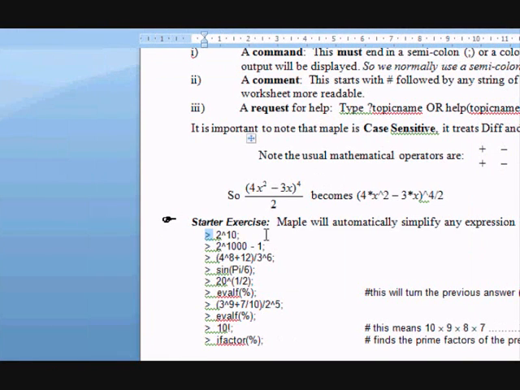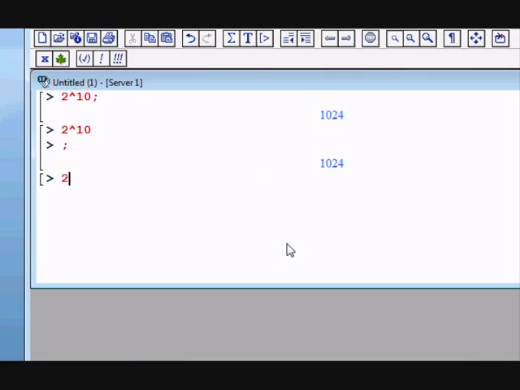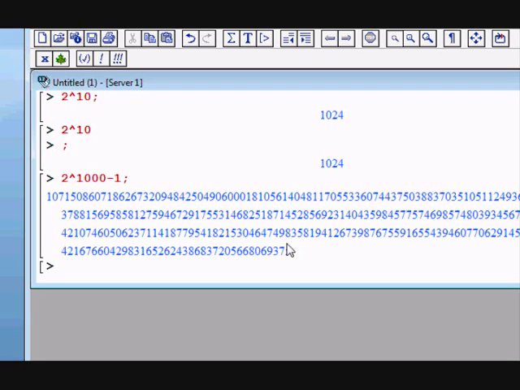So let's just go back to the exercises. Let's have a look at another one. So look at the second one. 2 to the power of 1000 minus 1. So I'm going to go 2 to the power of 1000 minus 1 semicolon, and we have an enormously long number,